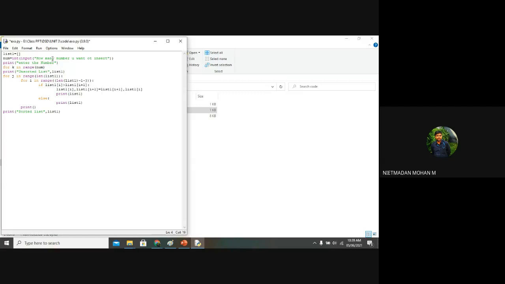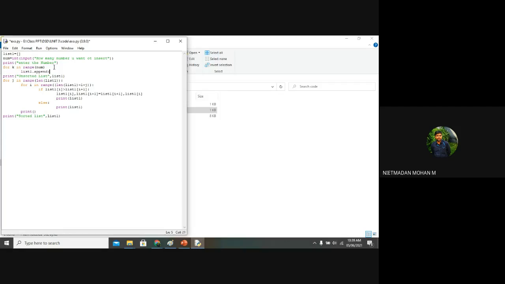I am using the loop statement once again. For getting an input from the user, I am assigning a variable and getting an input like this, for how many numbers I want. So if I give 8 here, then the num variable will hold 8, and it will collect 8 numbers. For collecting those 8 numbers, I am using the for loop, and I am using list1.append.